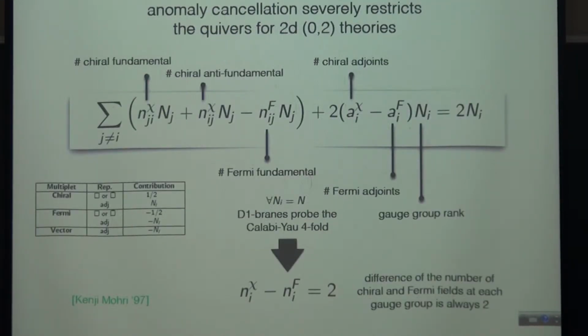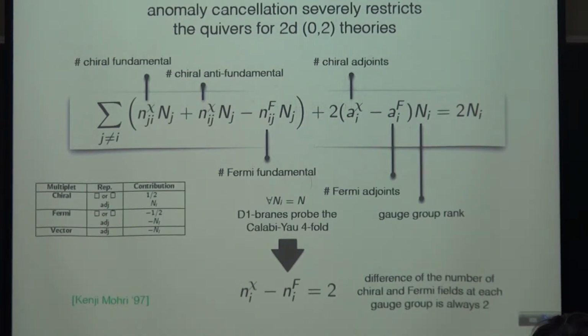In addition to this toric constraint, I have to make sure that gauge anomaly is cancelled completely. So the gauge anomaly contributions coming from the chiral and Fermi multiplets are shown here. For the theories I want to consider, the gauge groups are all UN gauge groups, where all the ranks of the gauge groups are the same, set to be n. If I use that information, the gauge anomaly cancellation constraint simplifies to this very simple relation, which basically means that